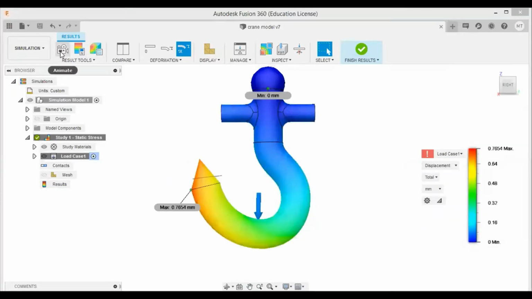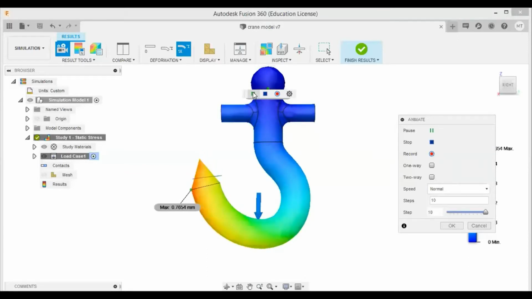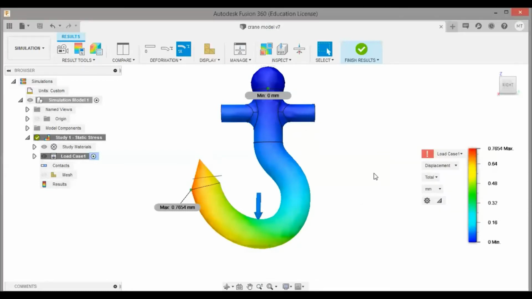You can also animate the model by clicking on the animate option from this. Click on the play button. You can see what changes are occurring in the displacement once the load is applied. So this was all about the simulation